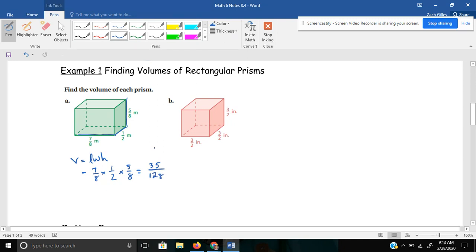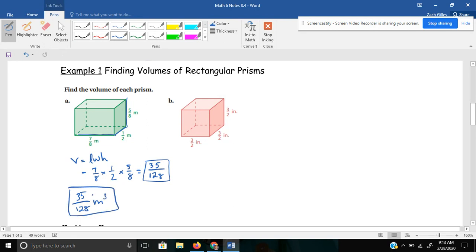Can I simplify it from there? No, I don't believe so. So it'd be 35/128, and then my label would be